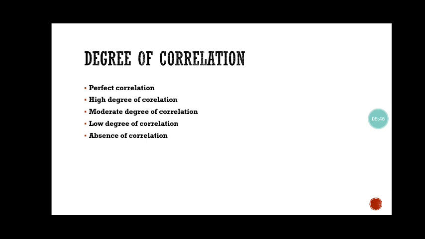So let's see the meaning of perfect correlation. If the variations in two variables are in constant ratio, the correlation is said to be perfect. If there is going to be a constant ratio in the variation of two variables, then we will call it perfectly correlated. We can take the example of price and demand again. If price is increasing by 50%, and due to that, demand is also declining by exactly 50%, then we can say that there is perfect negative correlation between price and